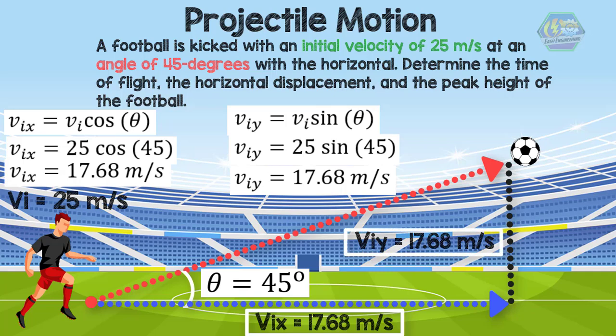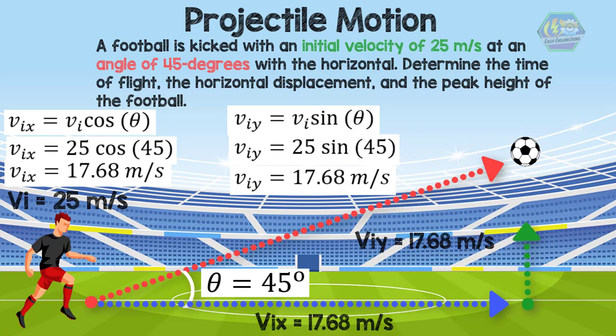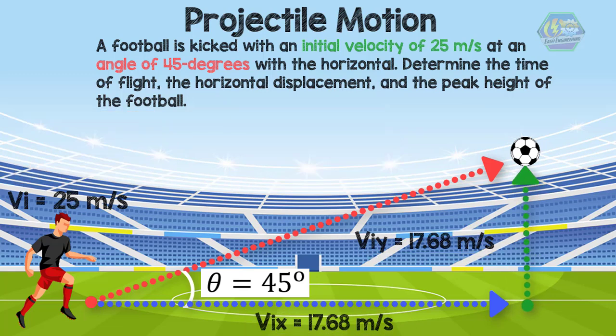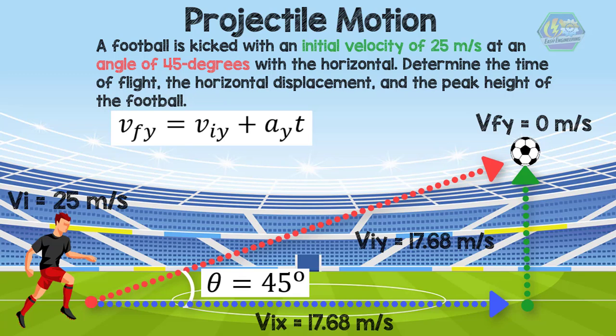We are asked to find the time of flight first. When the ball reaches the maximum height, its final velocity along y is equal to 0 meters per second. So we can use equation 3 to find the time t. We will only account for the y component, as a sub y is the acceleration along y, which is due to gravity, g, equal to negative 9.8 meters per second squared. The negative value indicates that the acceleration's direction is downward. Then we input the known values and solve for time t,